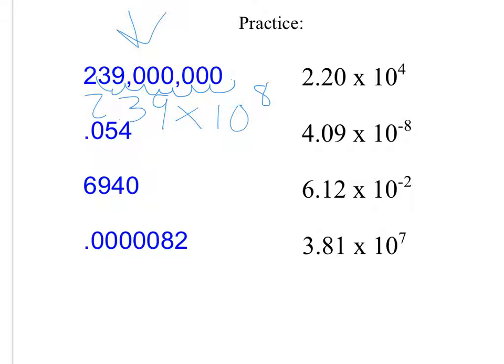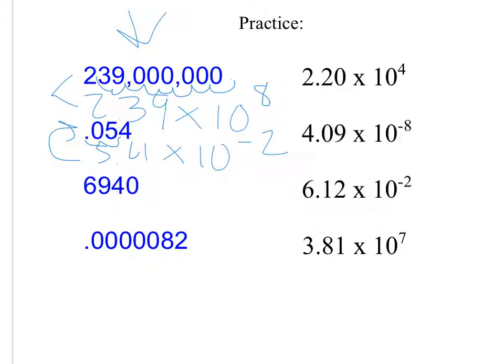That's going to be positive because our coefficient is smaller than the standard number there. 0.54, we're going to have 5.4 as the coefficient times 10, and then we compare the two. Coefficient is larger than the standard number, so that's going to be a negative